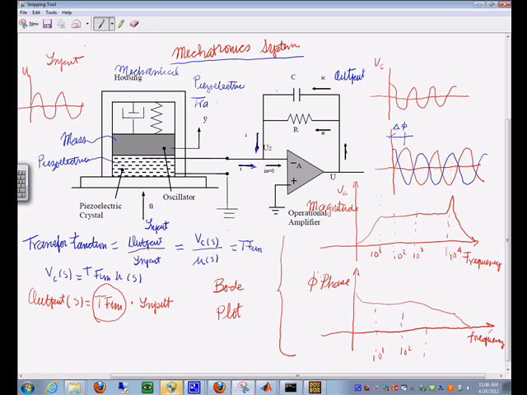And then you have here your electrical output. So that's how we are to do this lab. So what we need to do in this case is to put together the